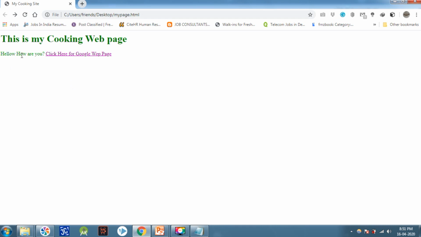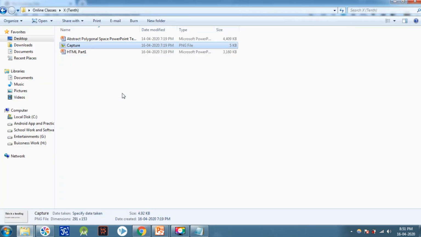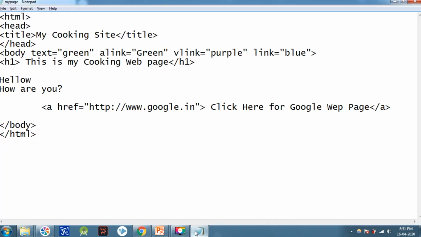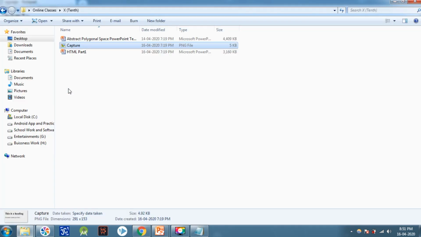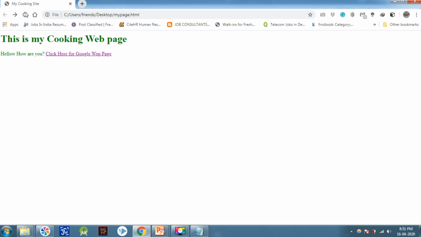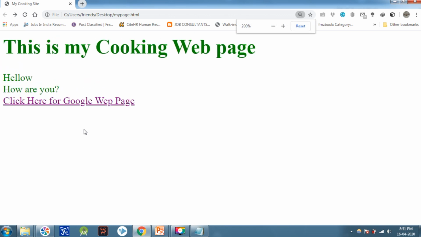Now you can see that hello, how are you comes on a single line only. In such a situation I have to use the br tag. The br tag is not going to be closed; it is a non-container tag. Now you can see the output of that file. After saving it, I refresh. Now you can see hello, how are you comes on different lines.